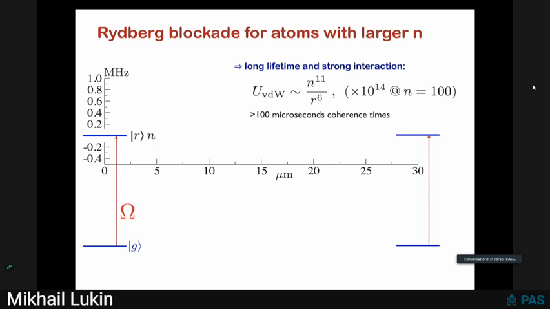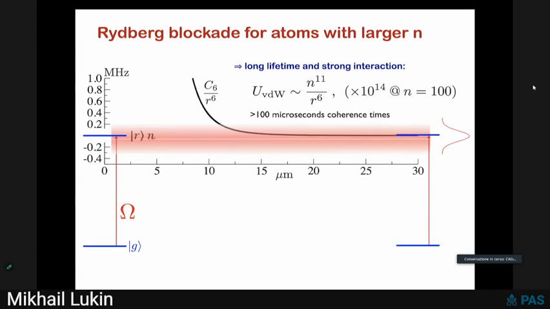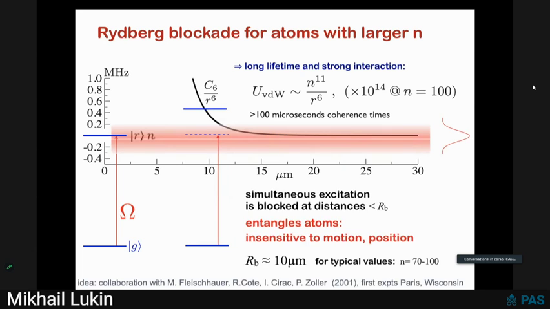And if we try to excite these atoms resonantly, and if the atoms are very far away, they just don't interact; they undergo independent excitation, independent Rabi oscillation. But if they come close together, then this interaction grows very rapidly, like 1/R^6. And once the atoms are closer than a certain distance, these interactions become so large that it basically prevents one from exciting more than one atom. This is the essence of the Rydberg blockade.